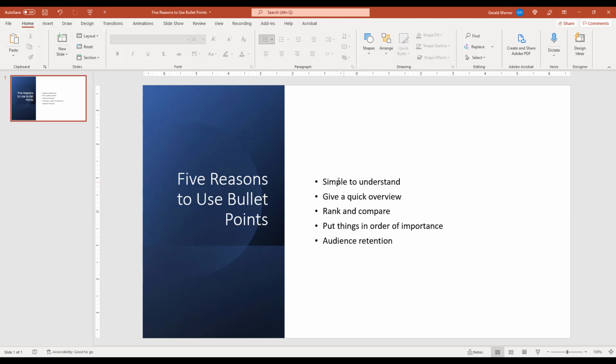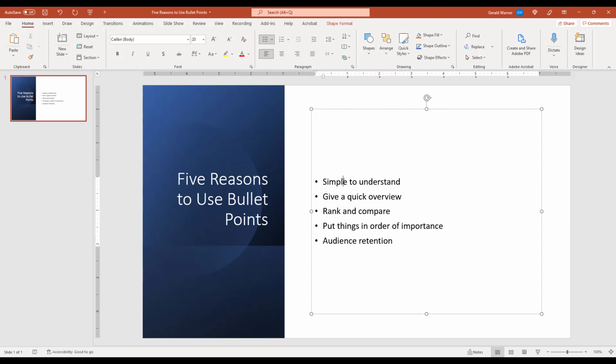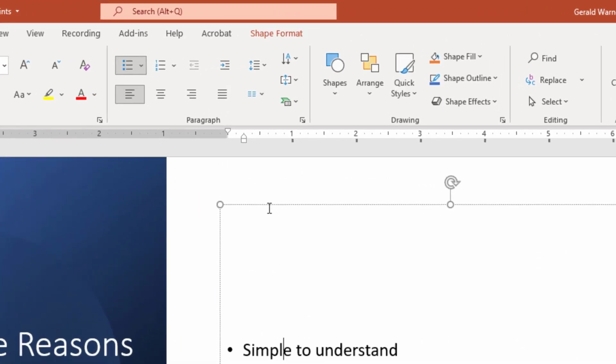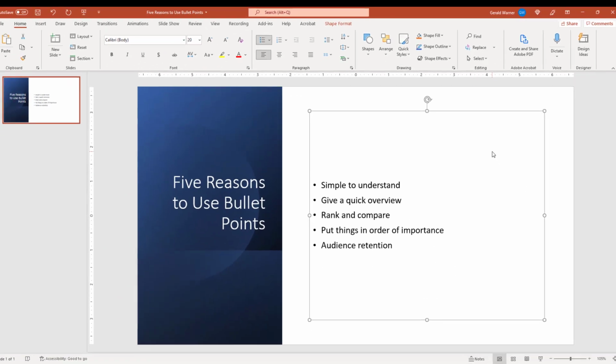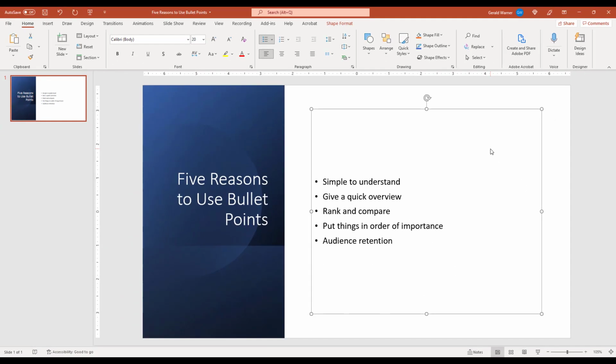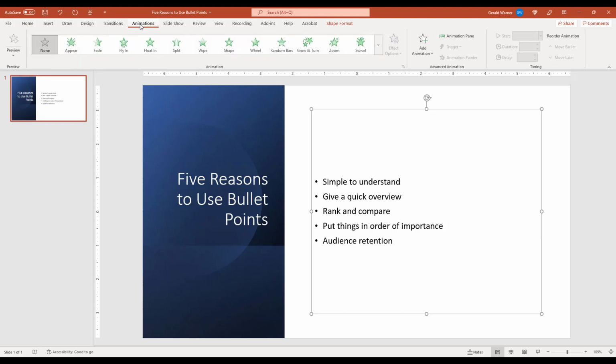So the first thing we do is we get into this area where the text is, click once, and our text box will appear. Now, you don't want to click on any of the anchors on the ends or in the middle. You want to click right on the line. If you notice right now, I don't know how big your screen is, but the line is dotted. If you click right on the line, all of a sudden it becomes a solid line. Now it's active. Our next step is to go up to Animations, click on Animations, and now we're going to